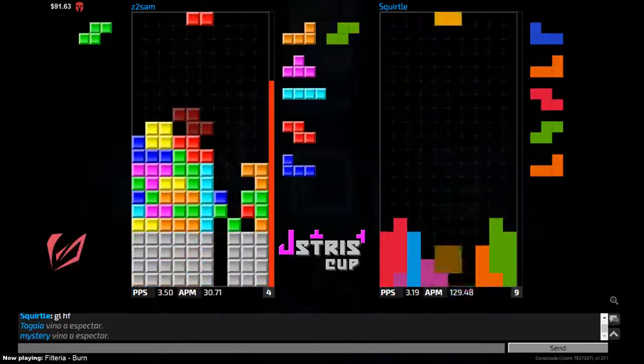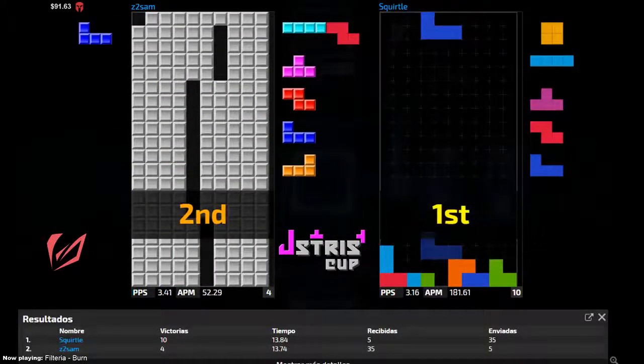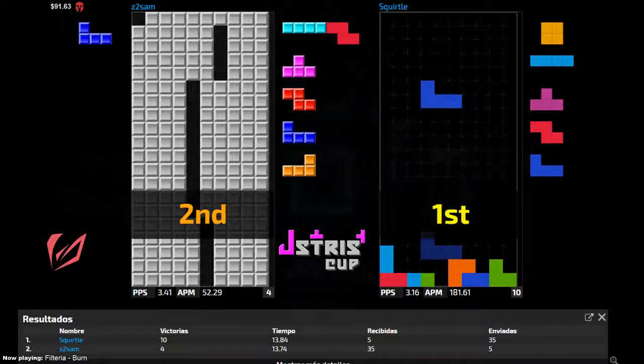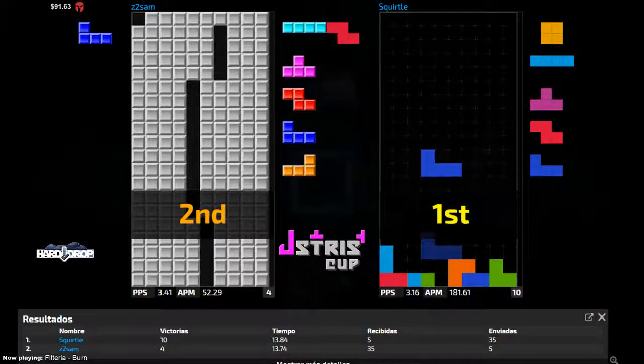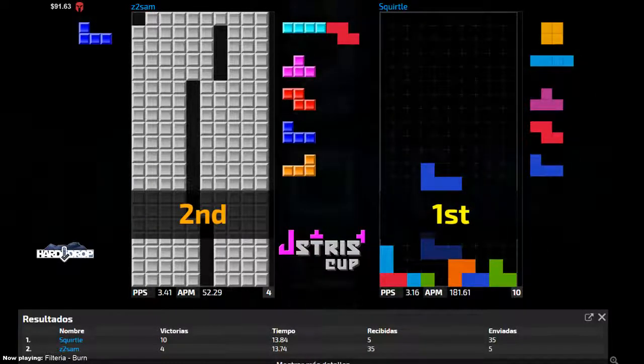Misdrops the Z piece again. I think that's the same Z piece misdrop that he had before. And again, he takes the loss. That's the win for Wumbo. Wow. Wumbo's consistency really shined through there. z2sam's misdrops